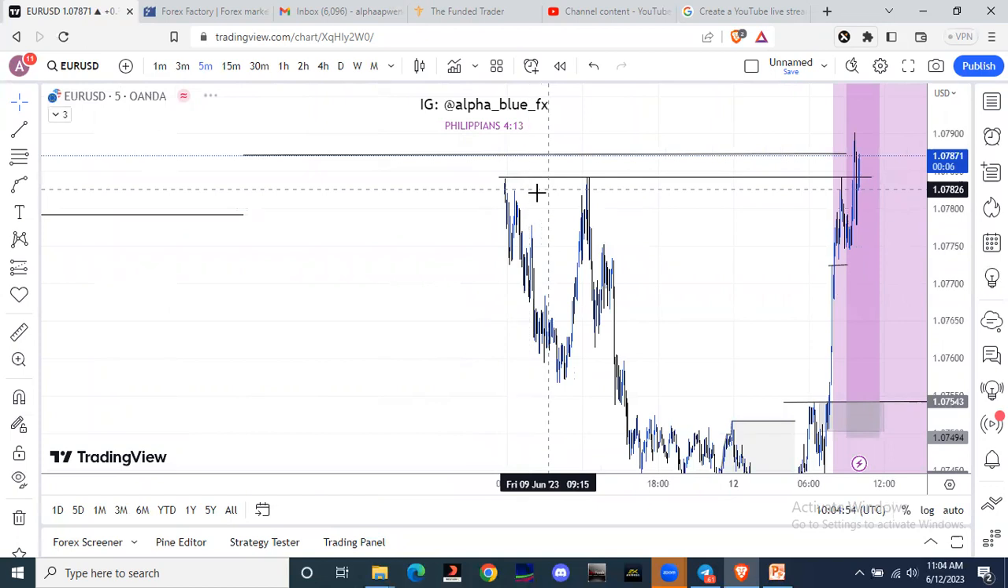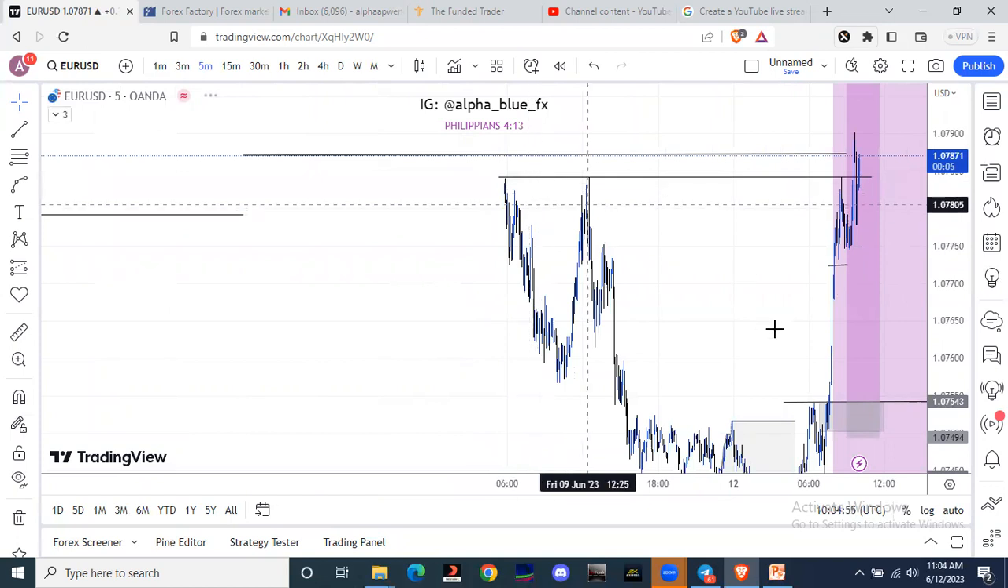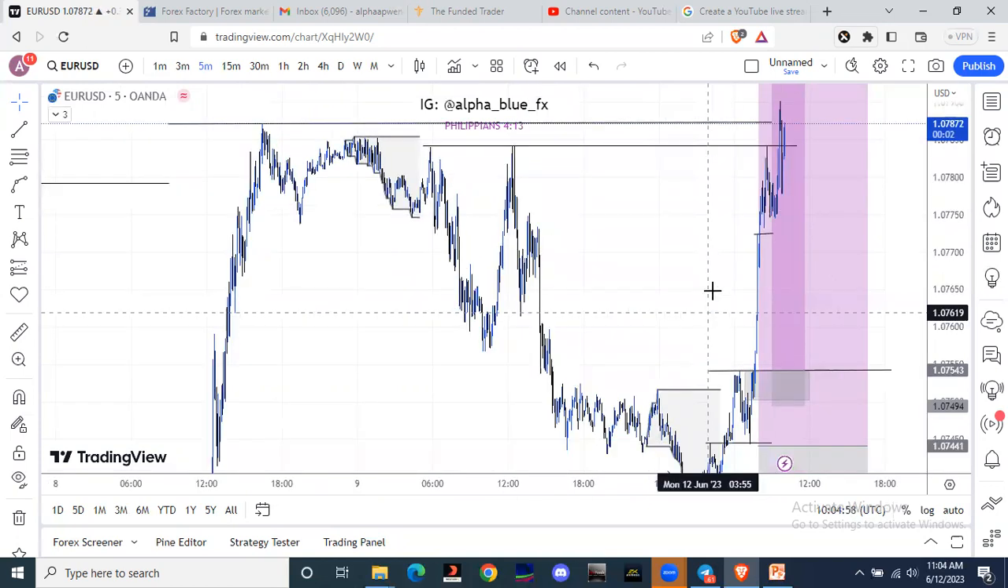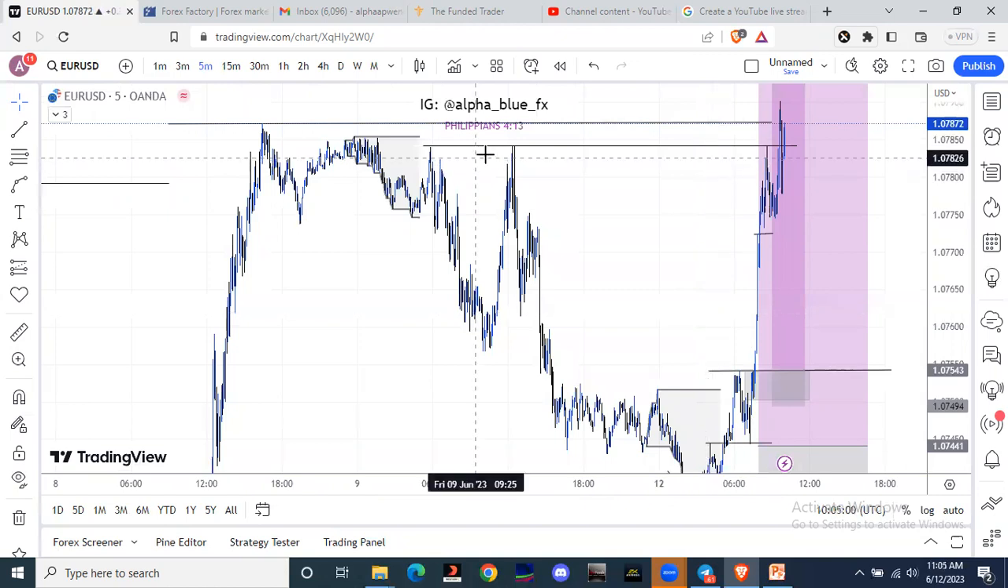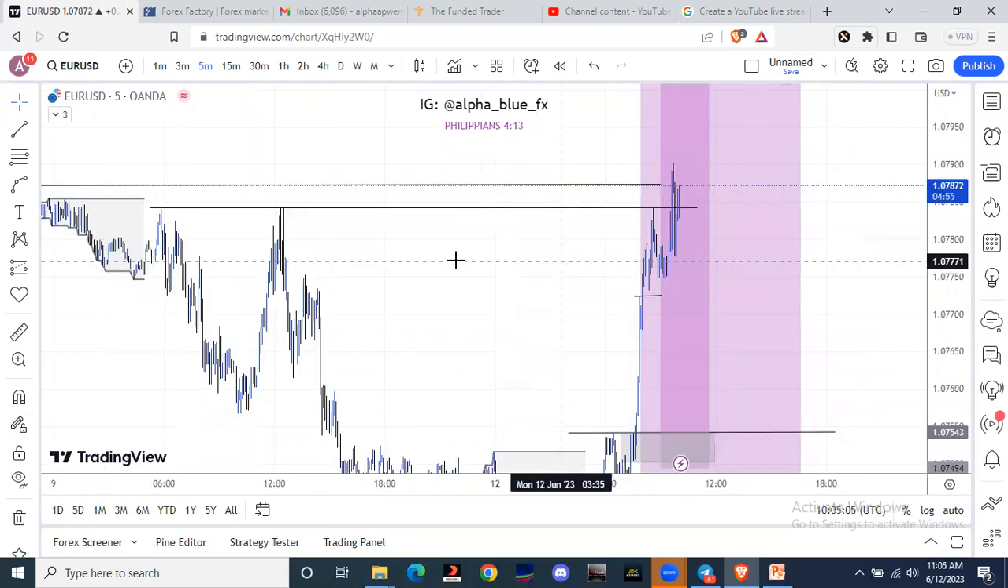That equal highs was one of the main reasons why I'm looking to buy this market. And you see that today price took out the equal highs. Price has cleared this equal high, this liquidity. It has cleared this high. So right now,